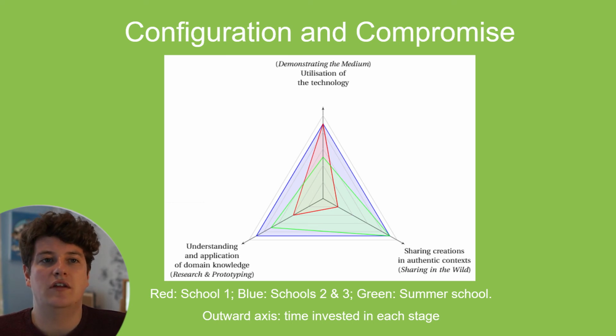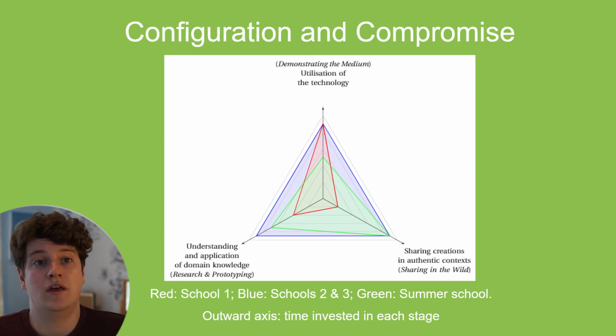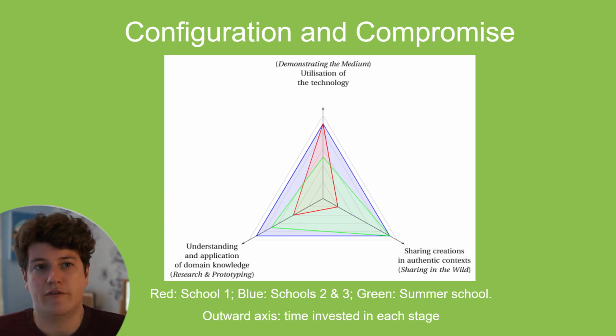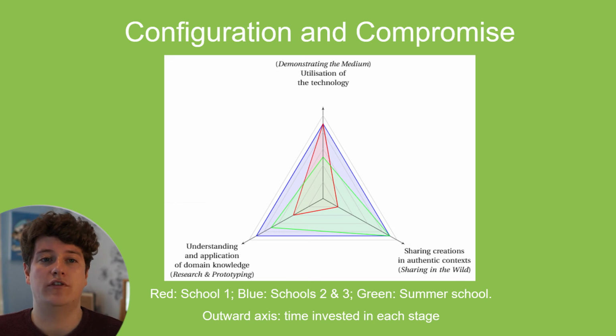We argue that in the real world, teaching contexts are rarely ideal, and so approaches to working within them should be adaptable and open to compromise, hence why we implemented the framework in various real world contexts. However, it was clear that compromising on different parts of the framework had different results. For example, we believe that skipping the prototyping stage in School 1 actually contributed towards the lack of engagement with the domain and put the students' main focus on the technology itself.